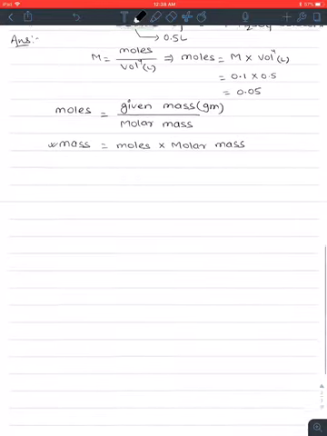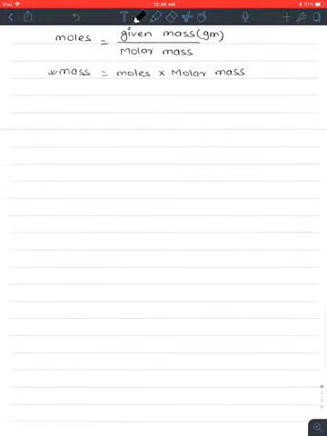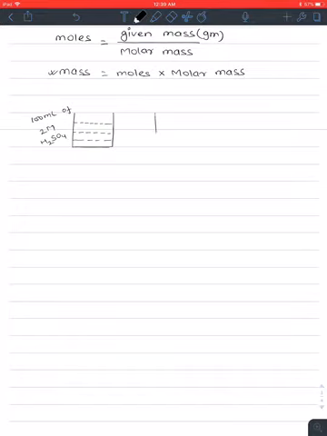Let's say for example, we are having a first container having 100 milliliter of 2 M H2SO4 solution, and a second container having,